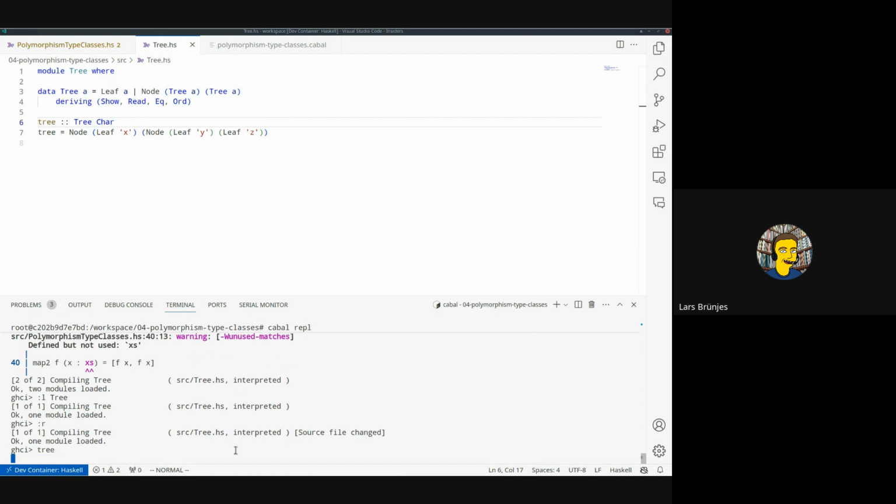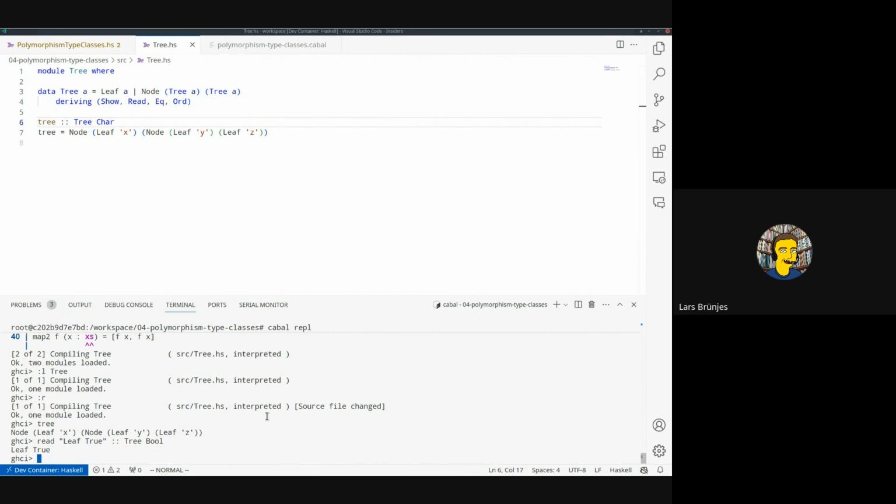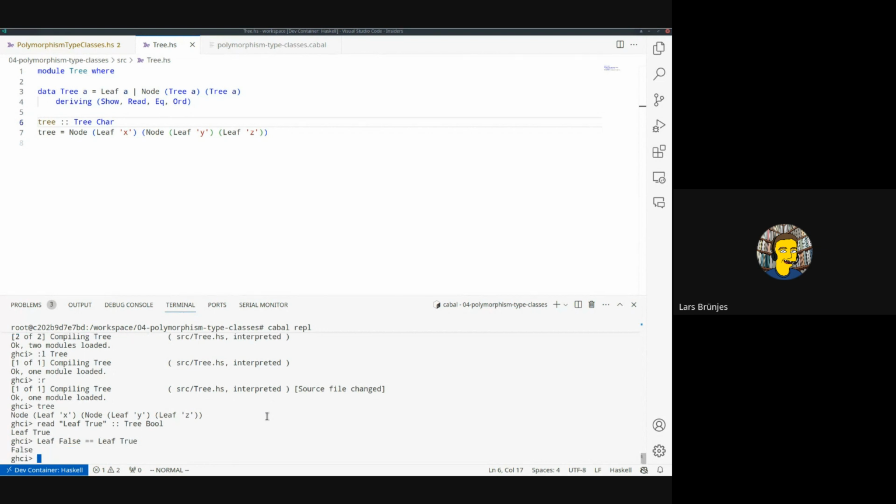So if I now, I mean, it can show it to me because of the show instance. And I would also be able to pass it back. So for example, I can say read leave true type tree bool, and that also works. And let's say equality, so I can do leave, I don't know, false equals leave true, false, and